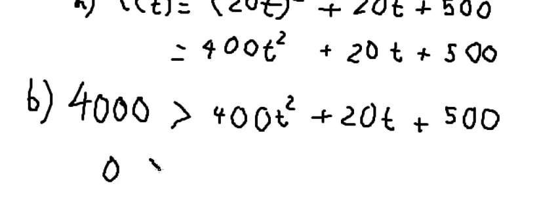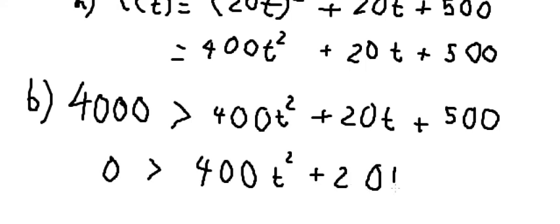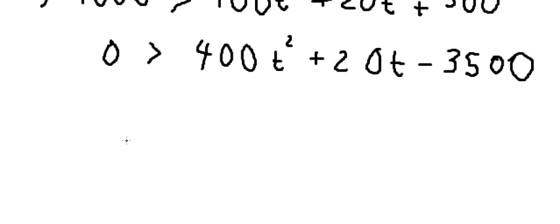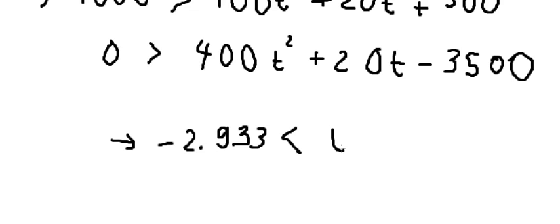So we get 0 is smaller than 400T squared plus 20T minus 3,500, and we got the final answer. You will get about negative 2.933 smaller than T, and T is smaller than